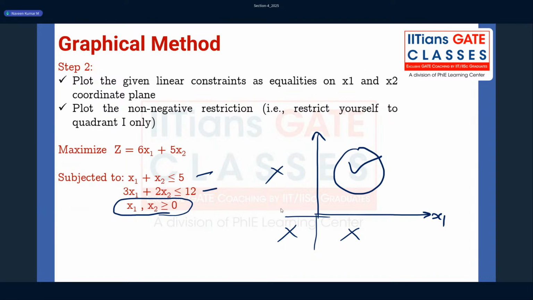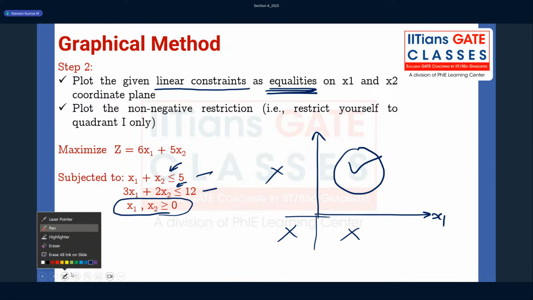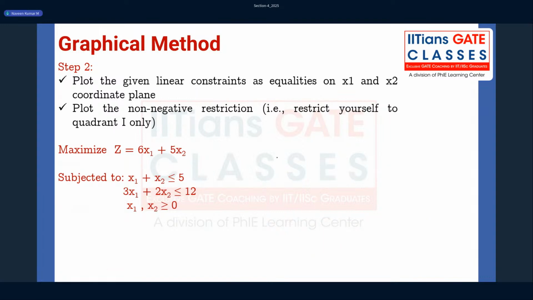So they're saying: given linear constraints, plot them as equalities. This is important. As equalities. Here these are inequalities. Whatever you are seeing here, inequalities, you have to convert into equalities. How do you do it? You replace the inequality sign with equality. That's it. Okay, so let's do that. How are we going to do that? So if you're taking this